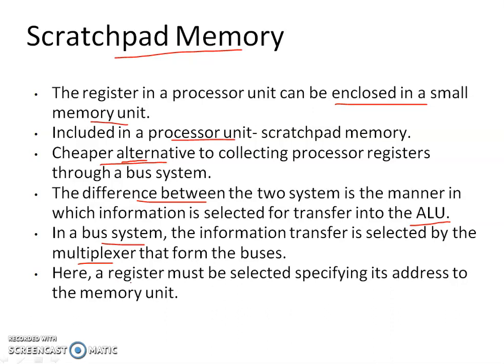Here, in this case, a register must be selected by specifying its address to the memory unit. The processor needs to know the memory address to retrieve the content from the scratchpad memory, so a register will be used to select the address